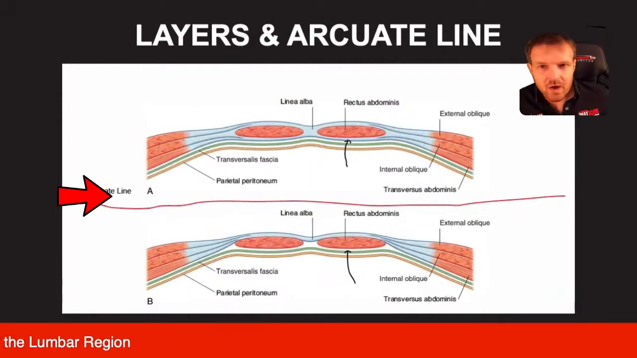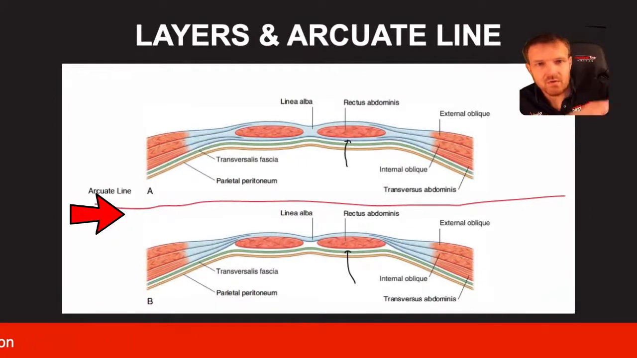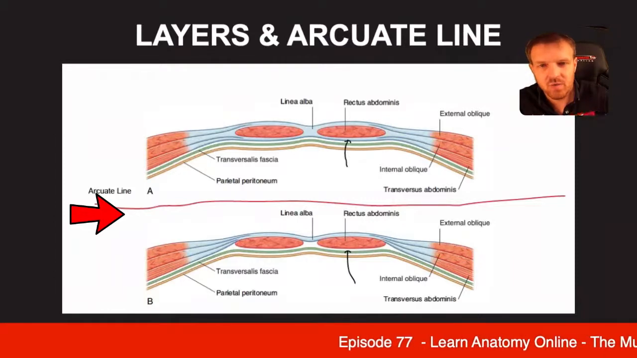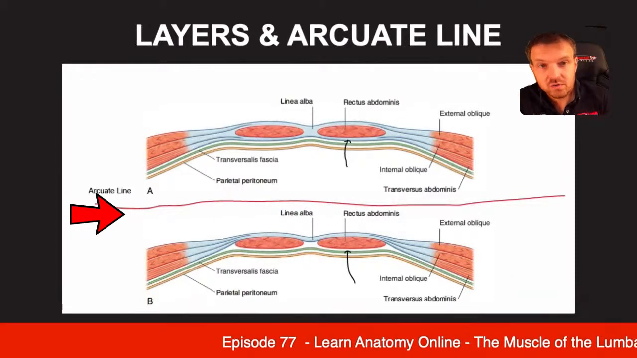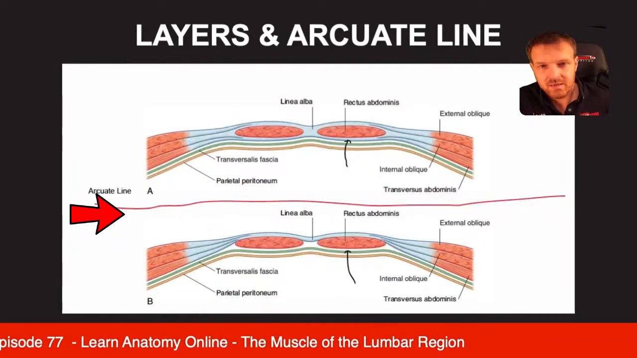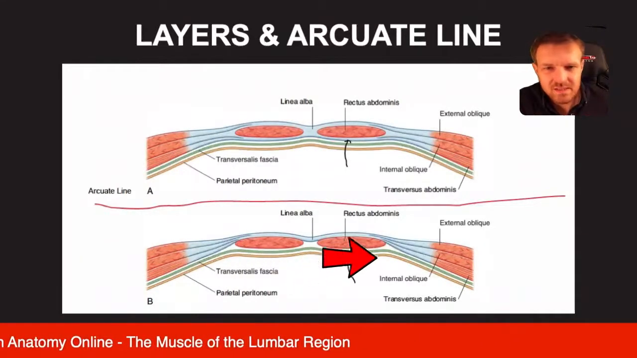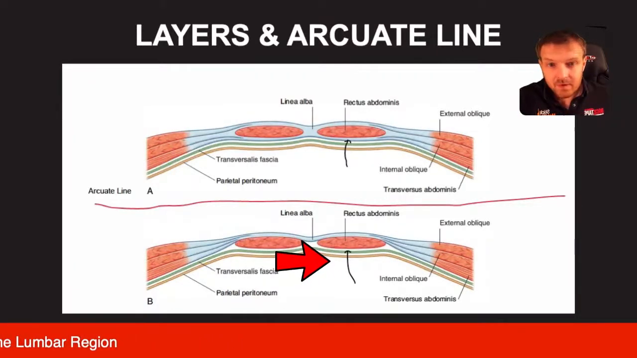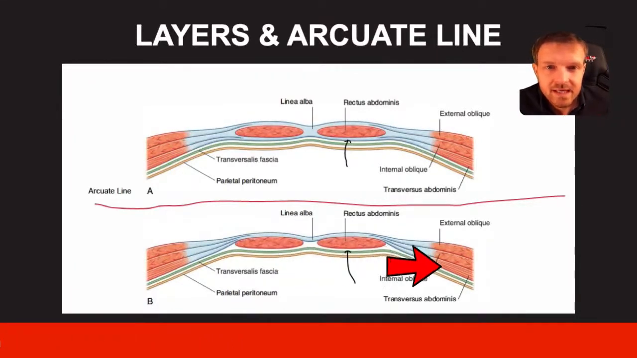They are usually in the lower portion of your abdomen, and this is one of the reasons why, if you do have a herniation, it's usually in that lower part of the abdomen, or sometimes around the edges as well. But in the lower part of the abdomen, if you have a look here,